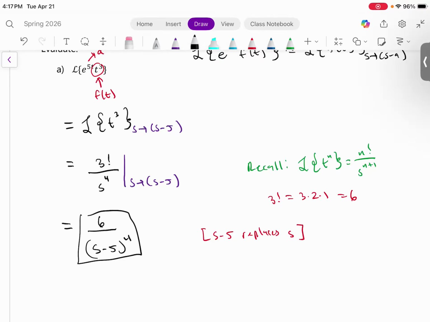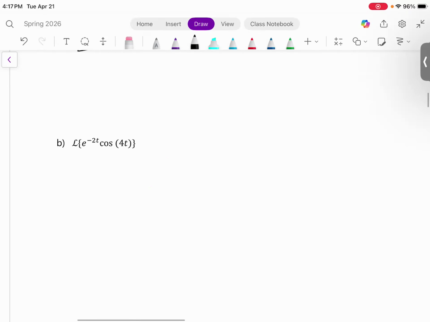Okay, let's go ahead and try out the next example, example B. So another Laplace transform that would be very difficult to do using the regular definition. We would need integration by parts, and then we would need to move it over to the left side to combine the integrals, and it would be a long one. But we can use the first translation theorem to make this easier on us. So let's just rewrite it again. So, first translation theorem